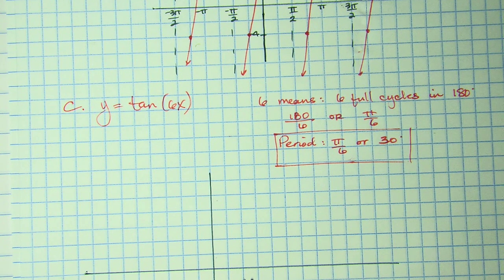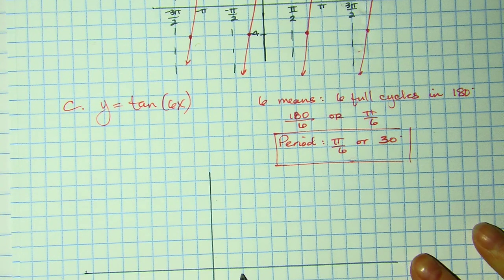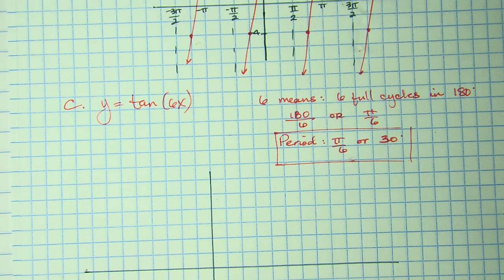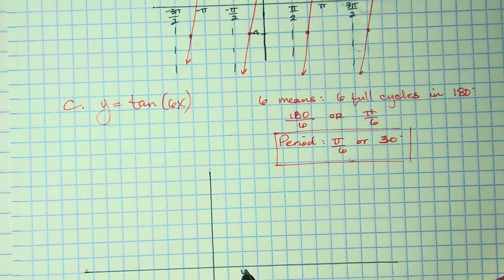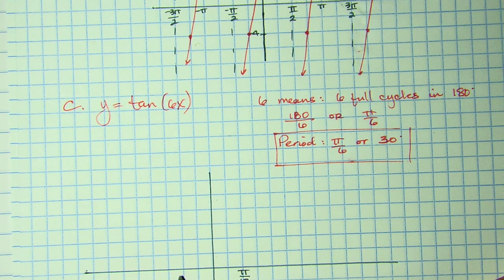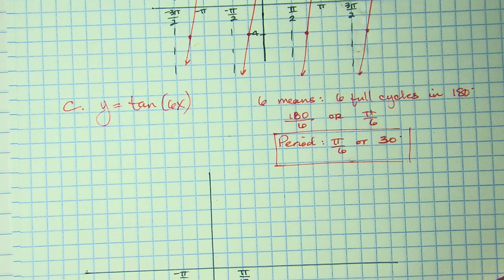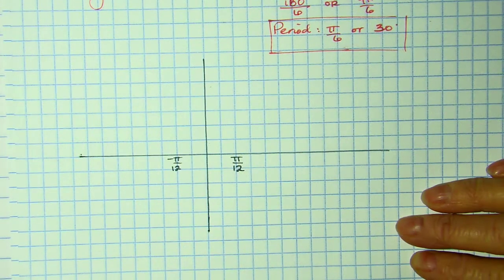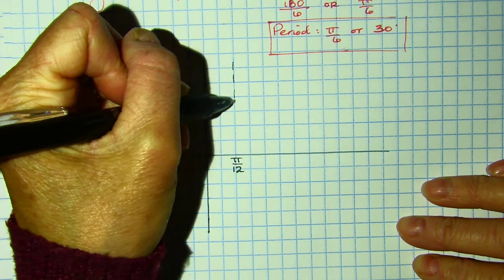And this is, I need pi over 6. So what I did, I changed my spacing, okay? And that might confuse everyone. But if I need it to be 1 cycle in pi over 6, then this would be pi over 12. And this would be negative pi over 12. Because 1/12 plus 1/12 is 2/12, which is 1/6. And so there is my first